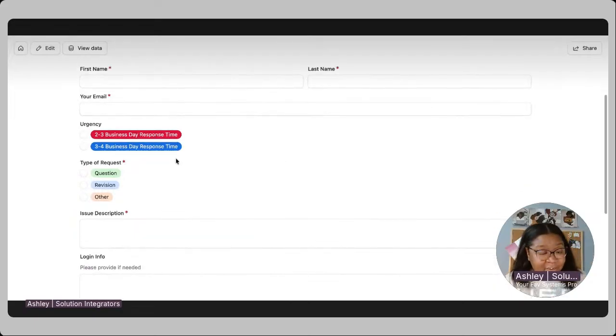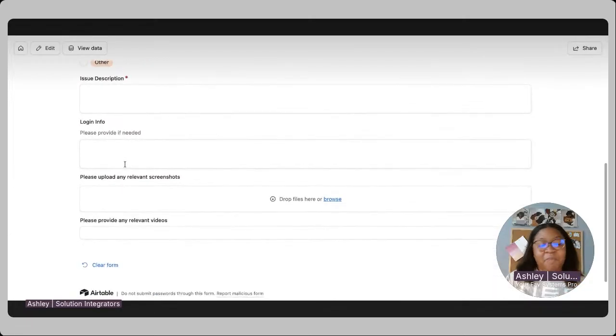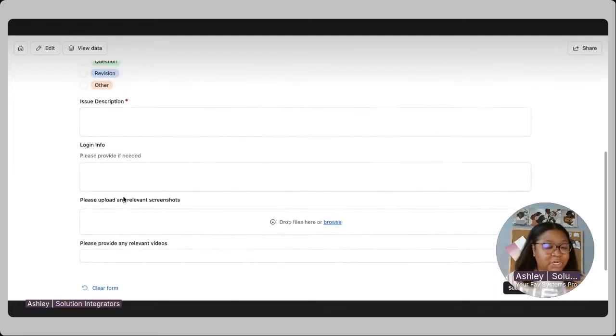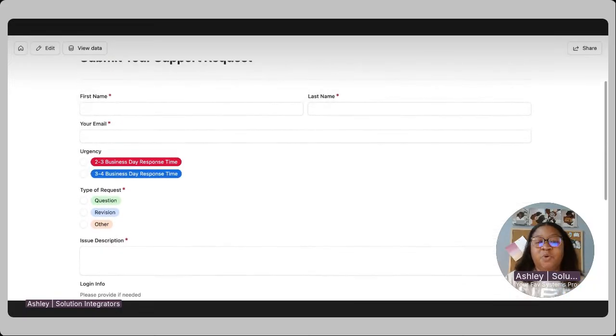I actually removed urgency from mine, but you can have, hey, how pressing is this issue? What type of issue is this? Describe the issue. Give me your login info. Upload screenshots. Provide a video, right? So these are kind of my guides or my recommendations for y'all in terms of how you can request information